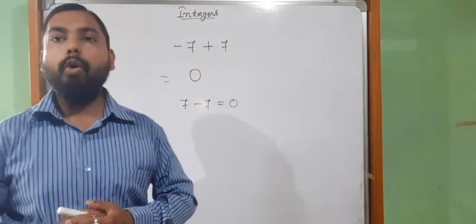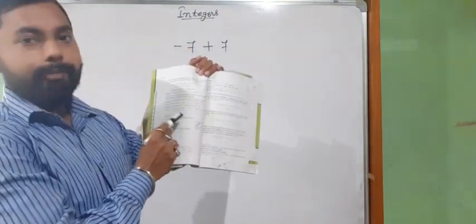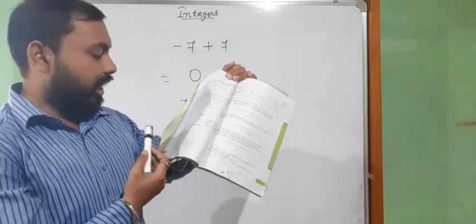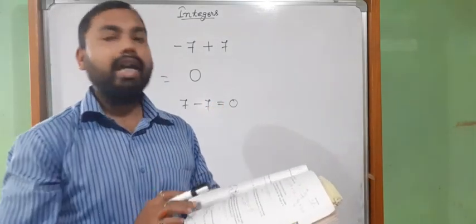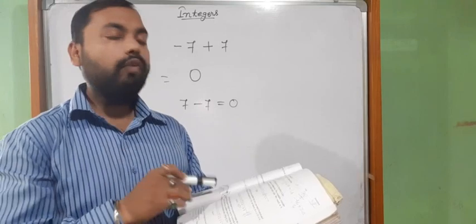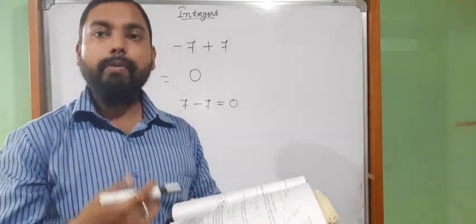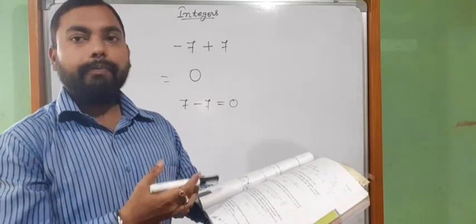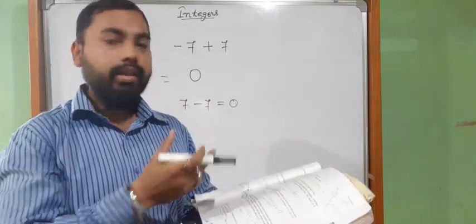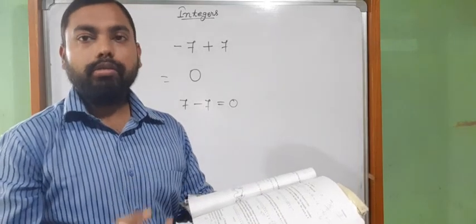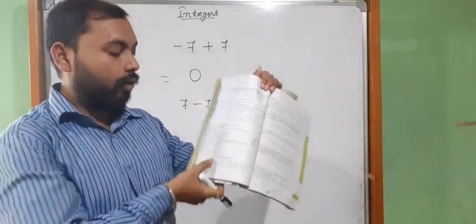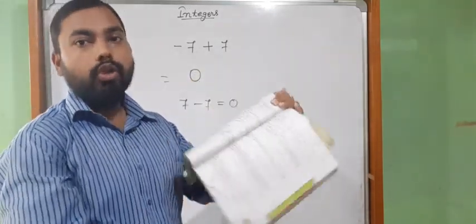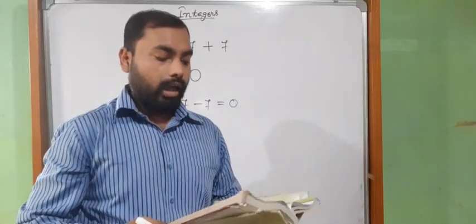I'll be giving you homework. As you can see in your textbook, exercise 6.2, question numbers 3, 4 and 5. You can try all these at your home. If you find difficulty in doing it, I will be helping you, but you try, because I tried my best in the video to show how to add integers without taking the help of a number line by using the formulas. Here it is already given in the question: add without using the number line. So you will be trying at your home. I hope all of you can do it.